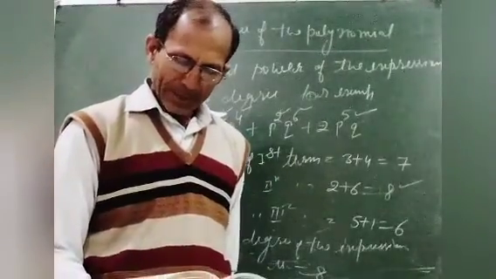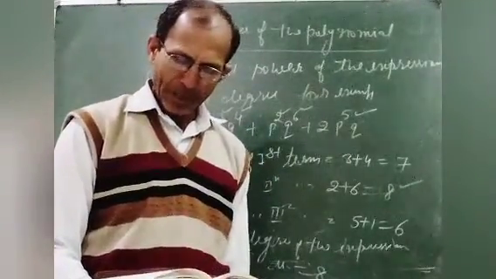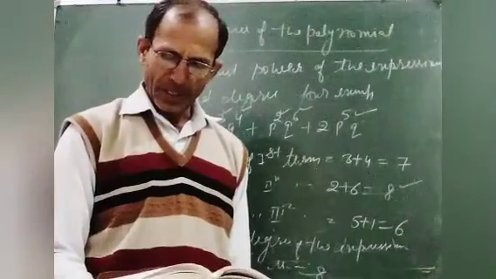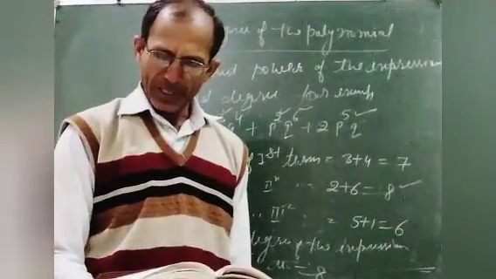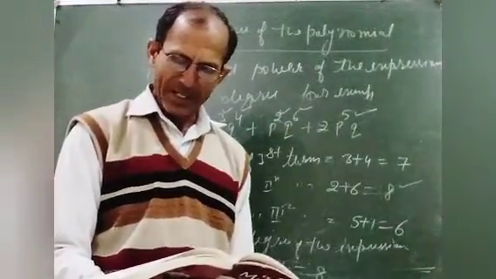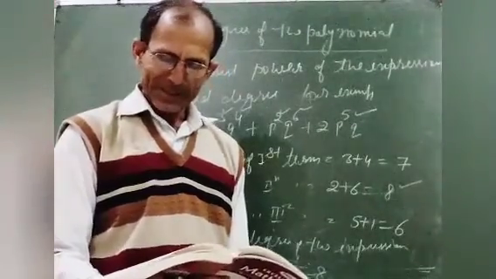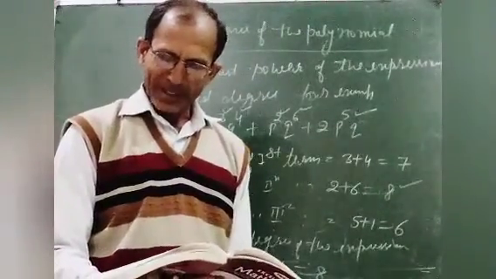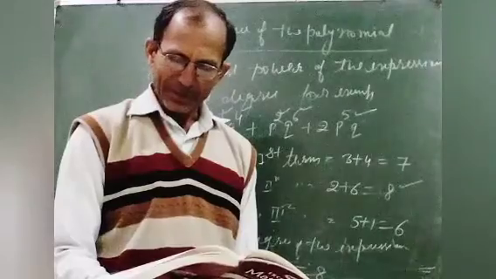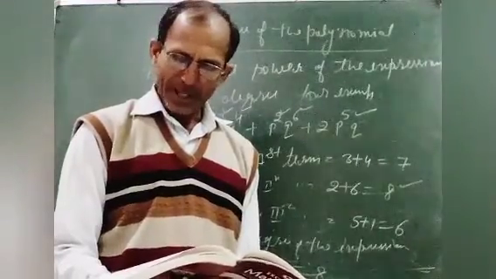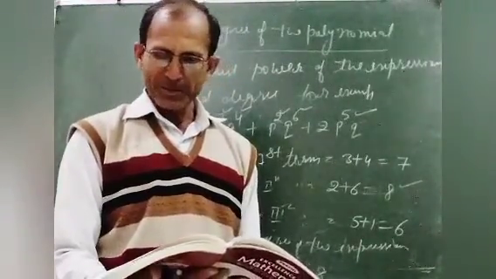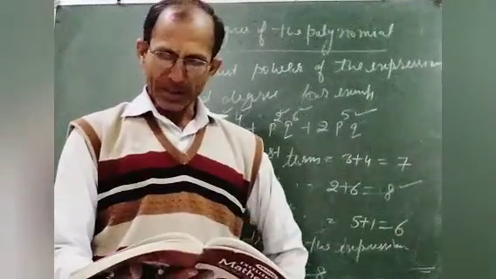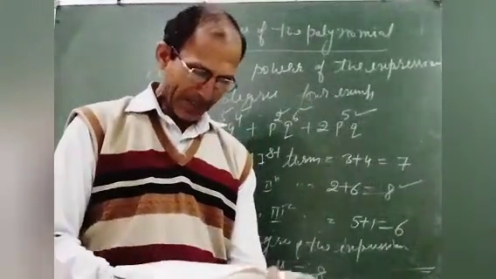Now similarly, in the second part, x is equal to minus 2 and y is equal to 3. So put the values of x and y. After putting x, it becomes minus 6, and y, it means 3 to the 6. So minus 6 plus 6, the answer will be 0. So this is the solution of the second part.